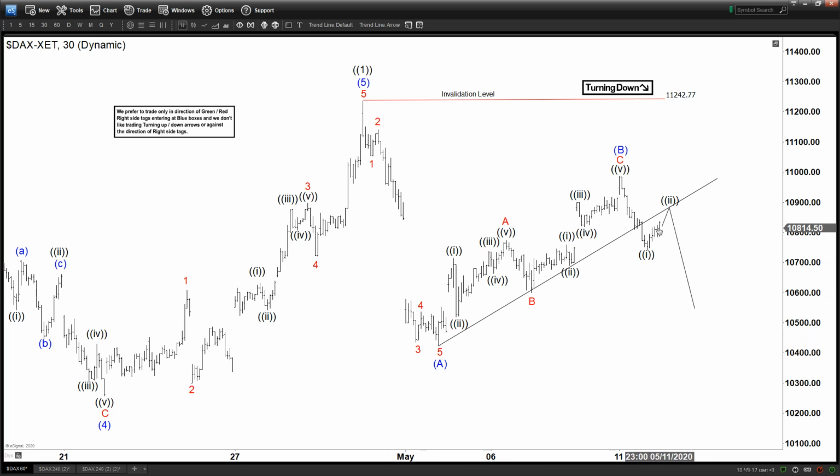So I think as a minimum expectation, we can say that as long as we stay below here, we could get at least one more push lower. So at least some sort of 3 waves here. Okay, and then from there, we're going to check again to see what the market is going to do, whether it's going to rally from there or it's really going to do the sell-off here to the downside. If it does break above here, that will complicate the situation, because then you've got a 5 swing or 5 waves. So technically that will threaten this previous peak here and may potentially break above this 11,242 as well.